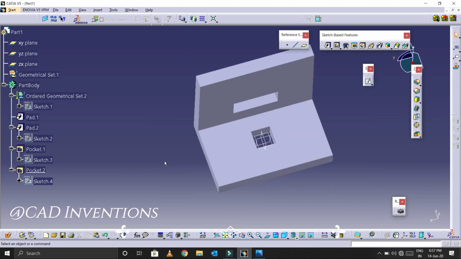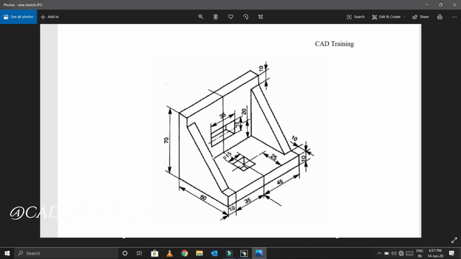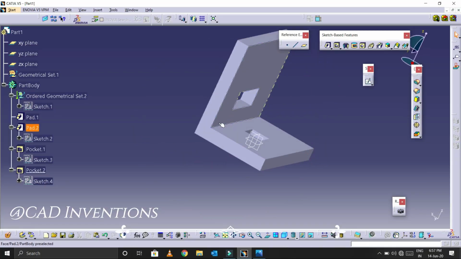Yes, we have completed. And the last thing we have left is this corner. This is nothing but stiffeners. Stiffener is a command. We can draw this directly by using the stiffener command. Otherwise you can draw a 2D sketch and pad it also. Let's see the 2D sketch, and the stiffener command will be explained in the next video. So where we want this sketch, on this side, select this face, then go to the sketch.